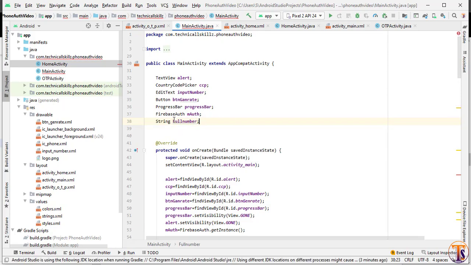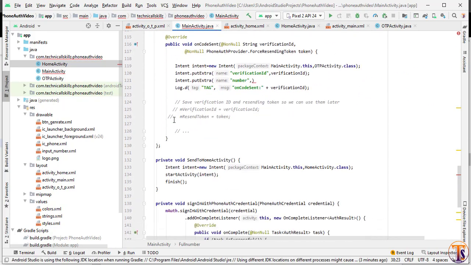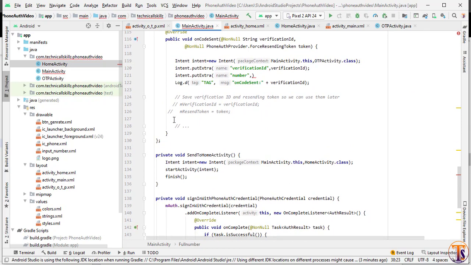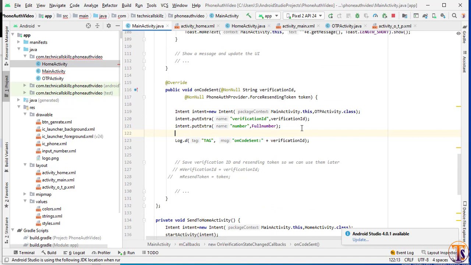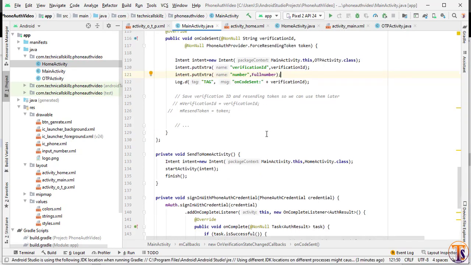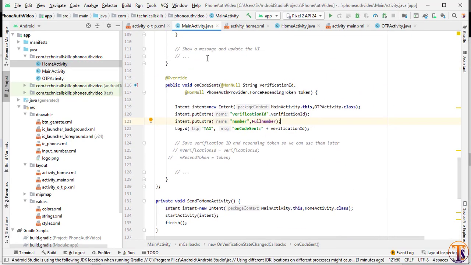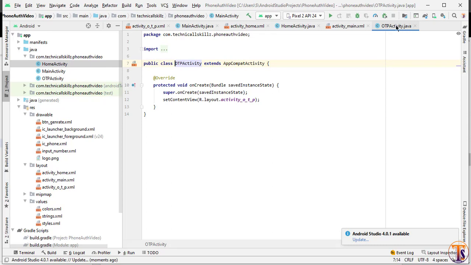Now we can access this number. Now our code is almost done, so now we need to go to our OTP activity.